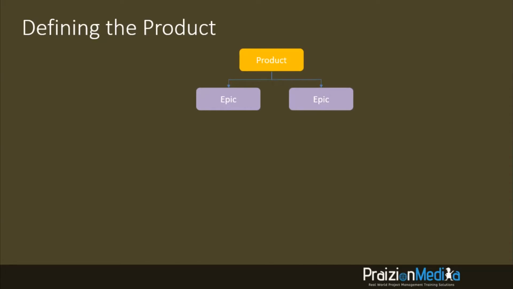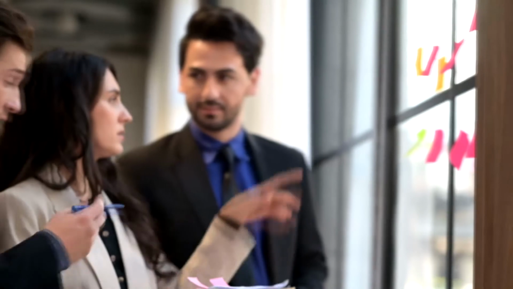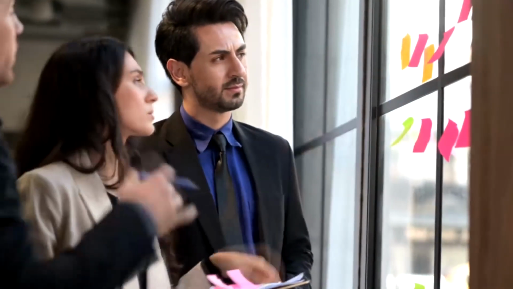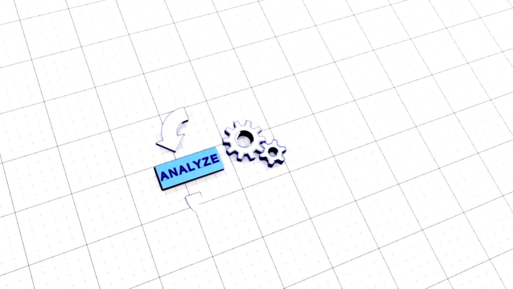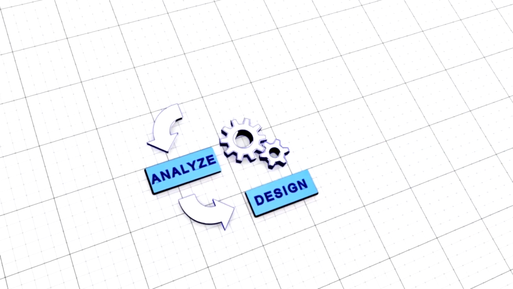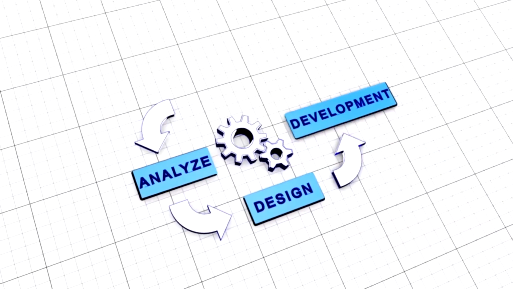So this is just one way to break the work down. Product at the top, epic is below. Remember, large chunks of functionality that we could potentially get value from. And below that, we typically call those features, those smaller chunks of functionality. So we have product, epic, and at this next level, we have what we call features. Now you're beginning to see a mnemonic brewing. Phil eats fries, but he doesn't eat fries all the time. I'll tell you in a minute how often he eats fries.